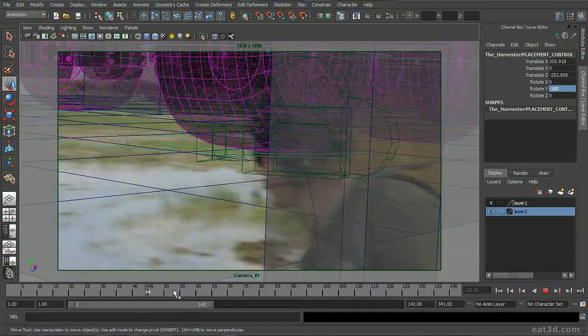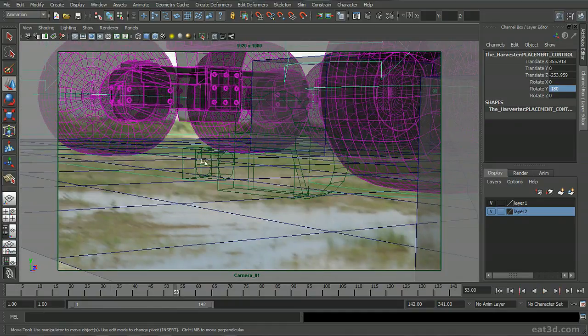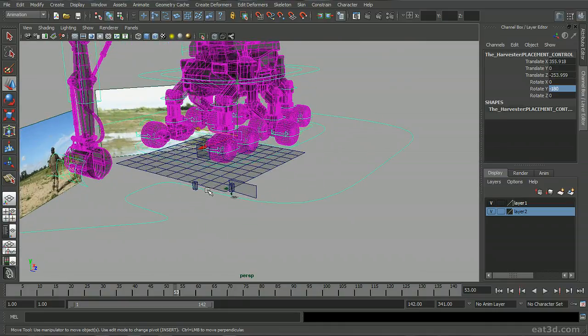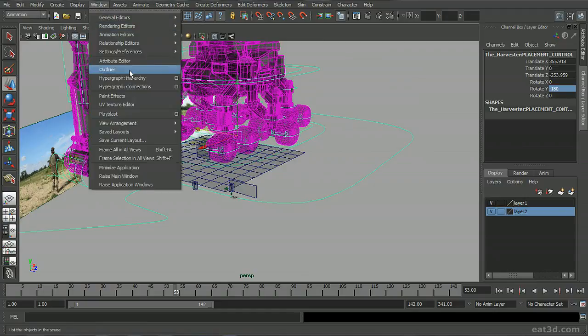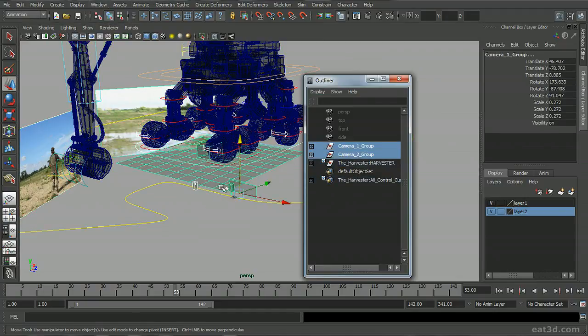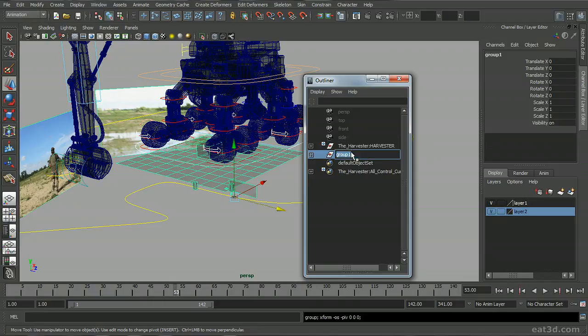I'll kind of come around here. So you've got a mammoth-sized harvester coming through this scene. In order to fix this problem, we need to scale down our cameras. Now our cameras supposedly right now are scaled correctly to one another. So what we can do is take these two nodes and group them together, and we can call